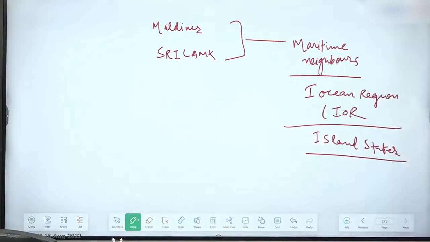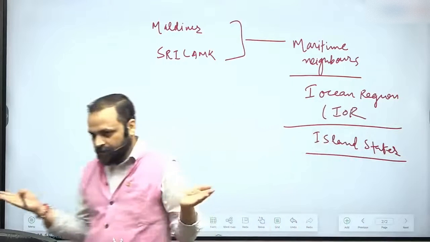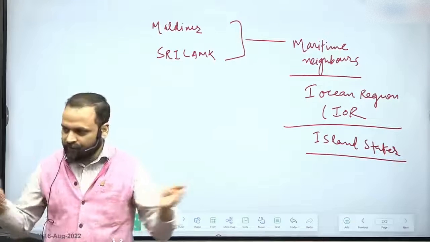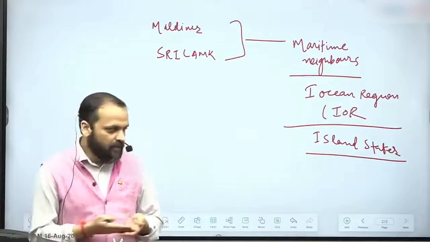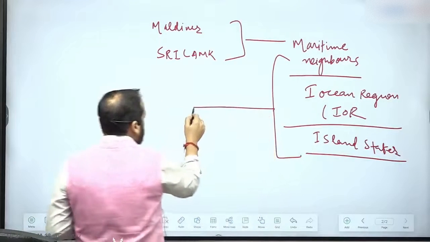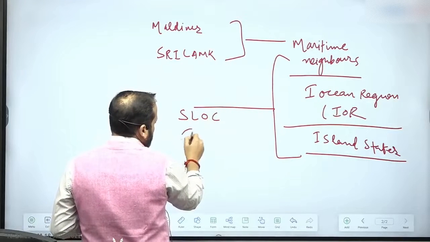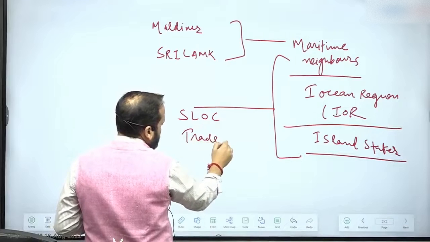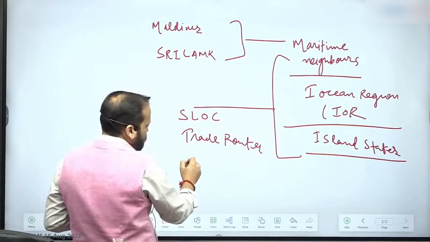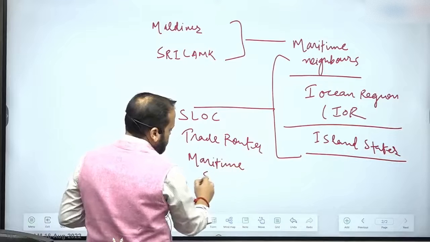Galapagos Island. I'm talking about islands located in the Indian Ocean, and this is a region in which you will find east to west, west to east trade taking place, right? So why are these countries important? These countries are important because of their proximity to what are called sea lanes of communication, because of their proximity to trade routes. So thereby they become important from the perspective of larger maritime security